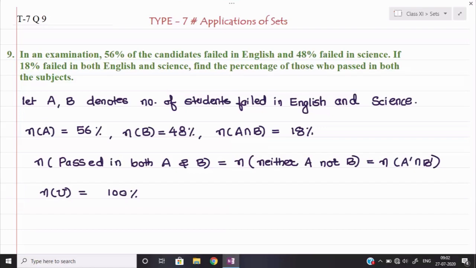Some more questions of a similar kind we will do in the upcoming sessions. Okay. So then things will be more clear to you. One thing to remember: when the question is given to you for neither nor, then definitely the total value will be N of U. Otherwise, it will be the value of A union B. I will give you one more example. Listen carefully.